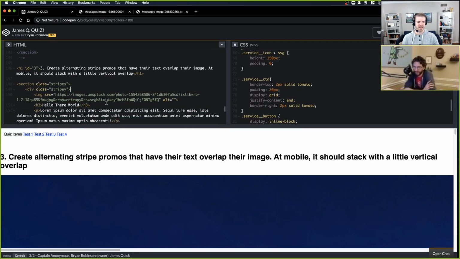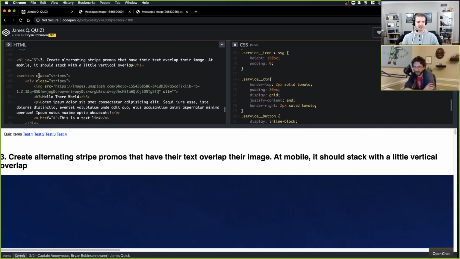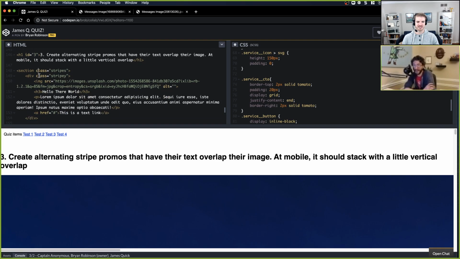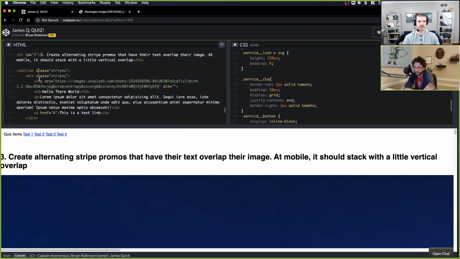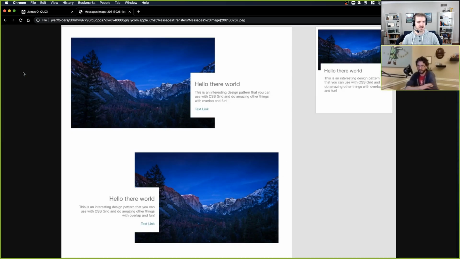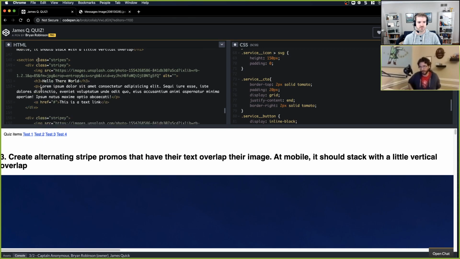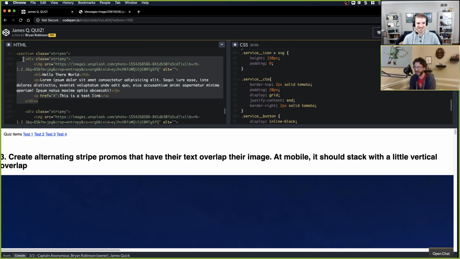All right, so what do we have here? This is actually brand new. I haven't written a tutorial or done a video on this, but I wanted to showcase overlap. Sweet, that's really cool. I'm assuming stripes is all of the stripes, and then individual stripey is the individual card. The stripes class is there so that I could keep a clean section around each of the exercises. It is not really part of the exercise.